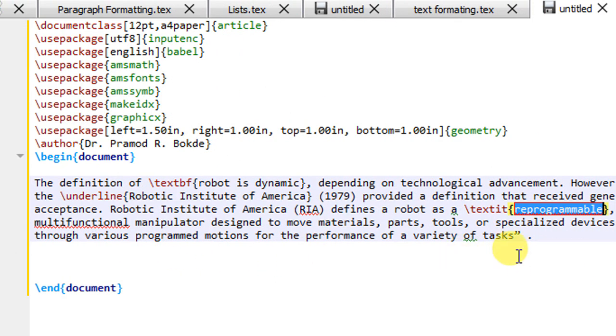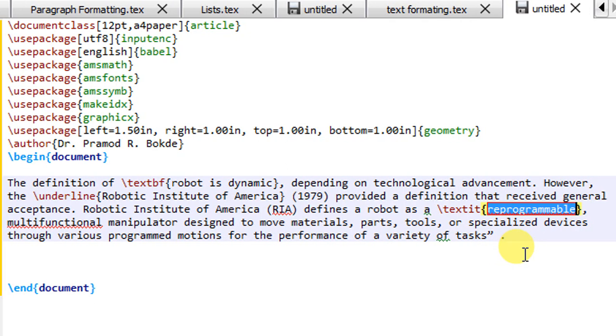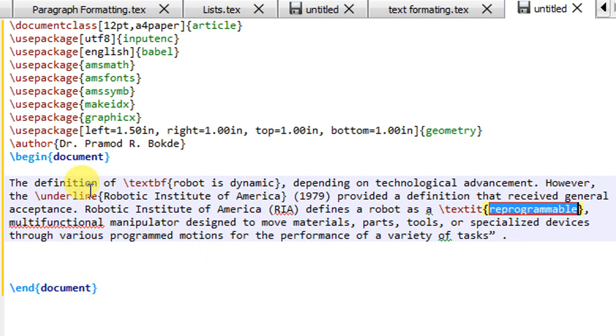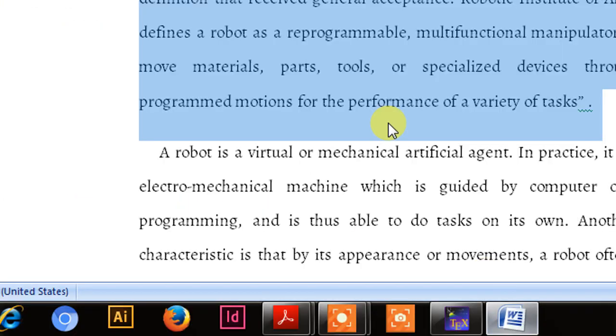So these are the commands. You remember these commands, but if you don't remember them, we do not have any problem. Let us again consider the same text.